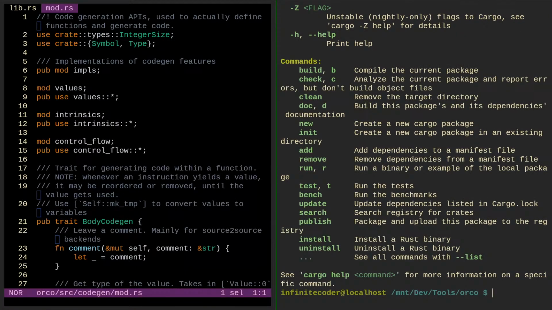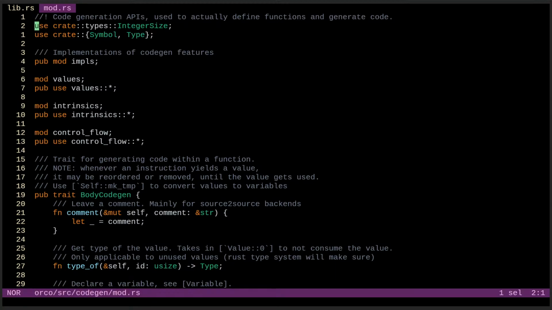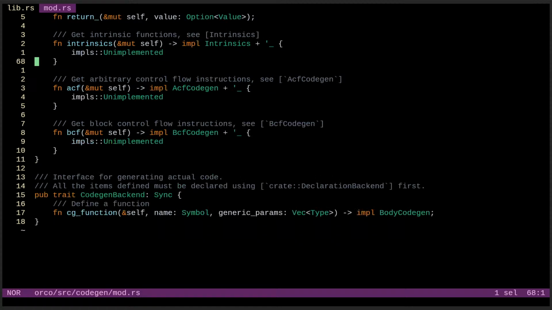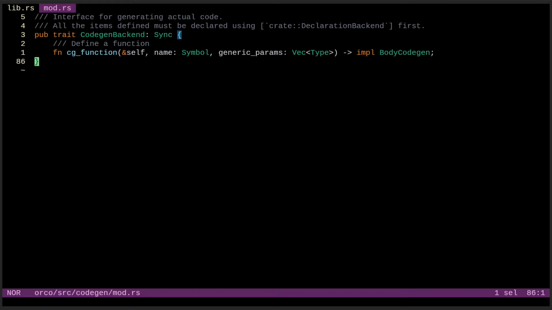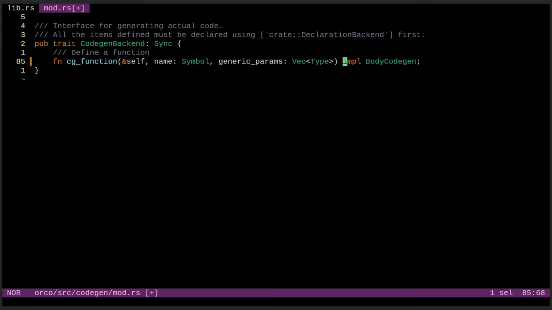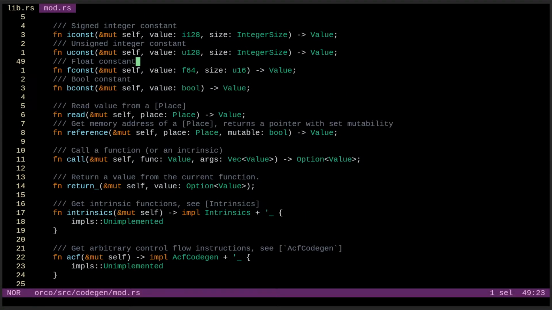I guess let's go here and, without Rust Analyzer, do some Oracle work. Might as well. Caps lock is not rebound to control escape, unfortunately. So I wanted to change up the CodeGen backend to return a box of dyn, so that we could switch strategies dynamically. Then issue 1110.